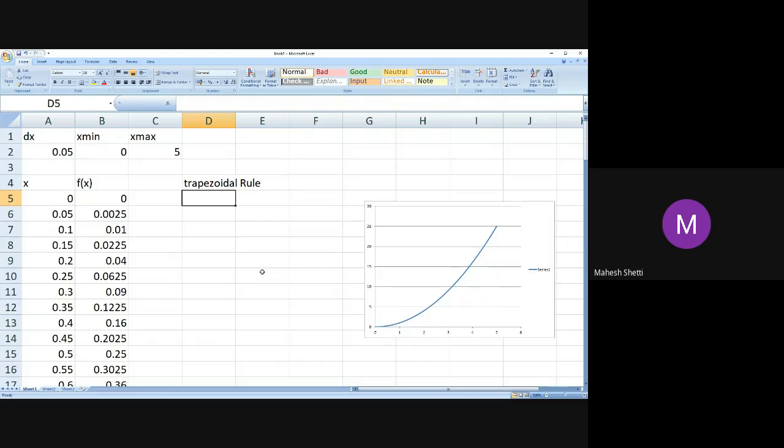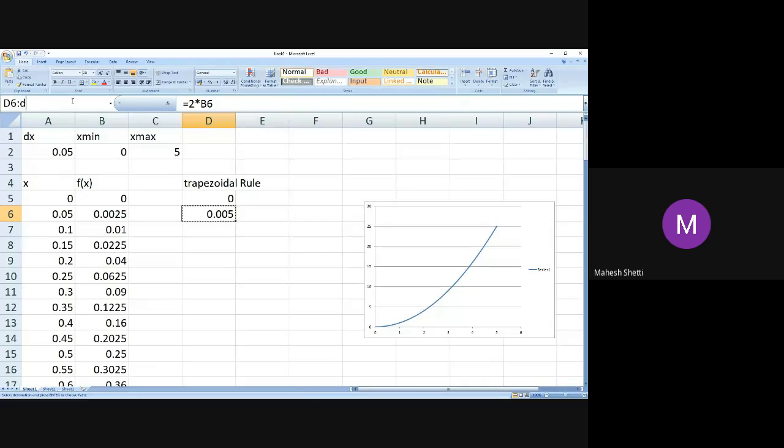So what I will do is write all those values. This is y0, and y0 is nothing but f of x, so B5. Here I'm going to take 2 into this number, because remember it was 2y1 plus 2y2 plus 2y3 and so on. This I'll copy